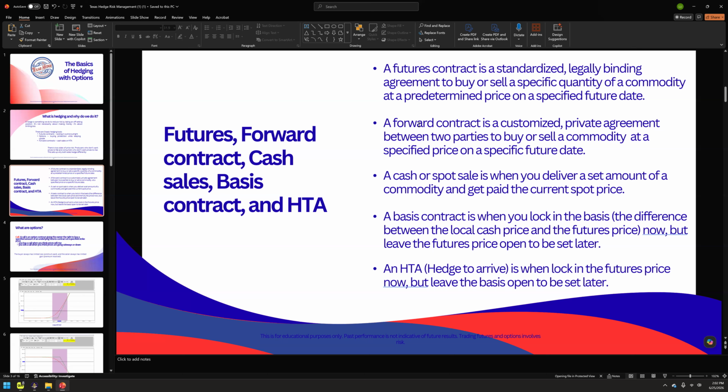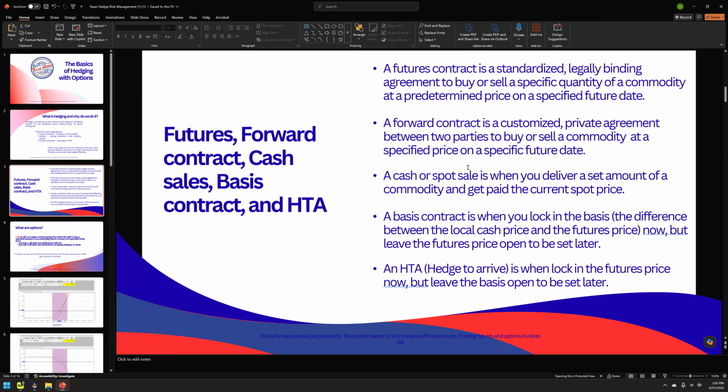One thing to note is that grain contracts are 5,000 bushel increments. A forward contract is a private agreement between you and the elevator or the end user, the ethanol plant, the feed yard, things like that. Spot would be just selling across the scale, which may not be in 5,000 bushel increments, may be in any sort of increment. And then a basis contract would be